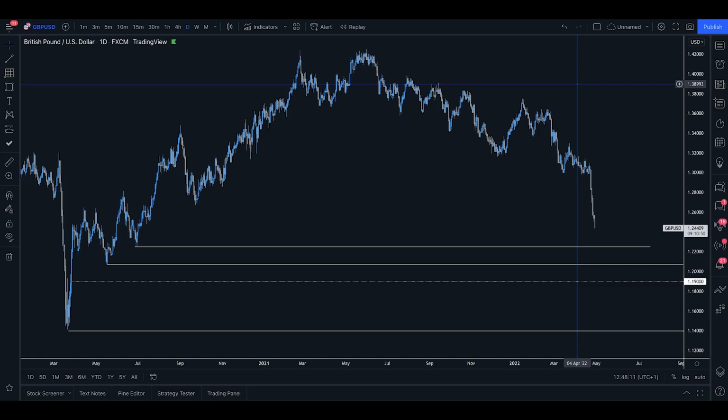But second of all, basically the reason the pound is losing a lot of value is simply because the pound is seen as a risky asset. So as we said, with the geopolitical tensions going on right now, a lot of money will flow into the dollar because it's a safe haven asset, whereas this is actually classed as a bit of a riskier asset for investors to hold money in.